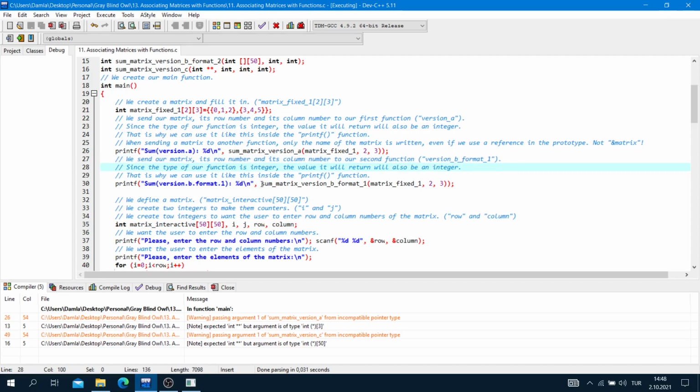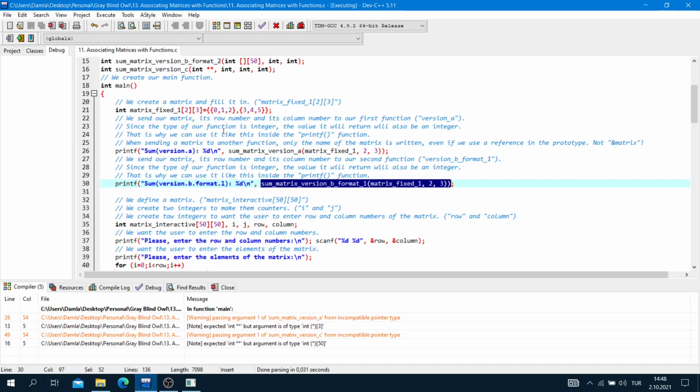The same with this. Its type is integer, so it returns an integer value. Like that. Sum matrix version B format 1, matrix fixed 1, row number and column number. And this version also returns us an integer value.